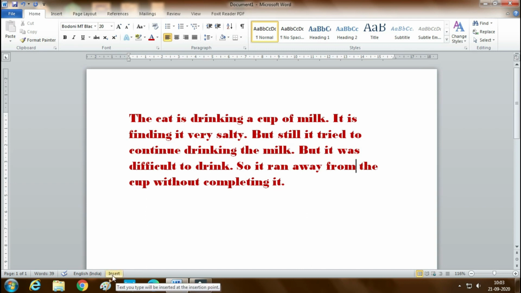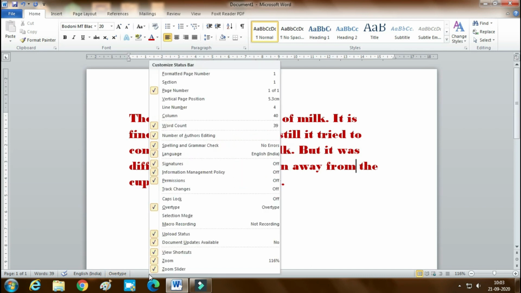Here in the status bar of the window, we can do it without deleting it. We have the overtype option here. So right click on the status bar and get the overtype.